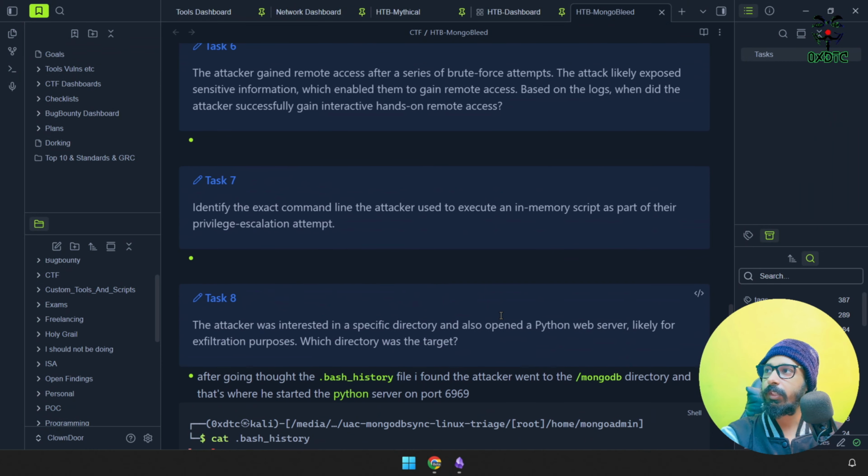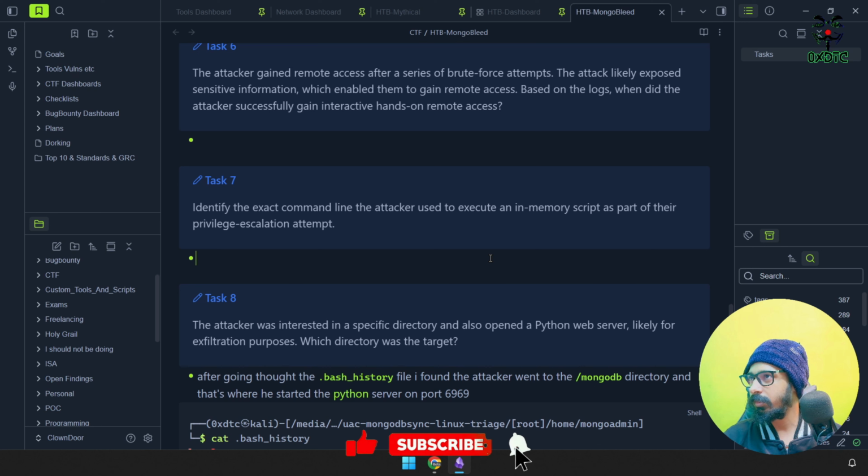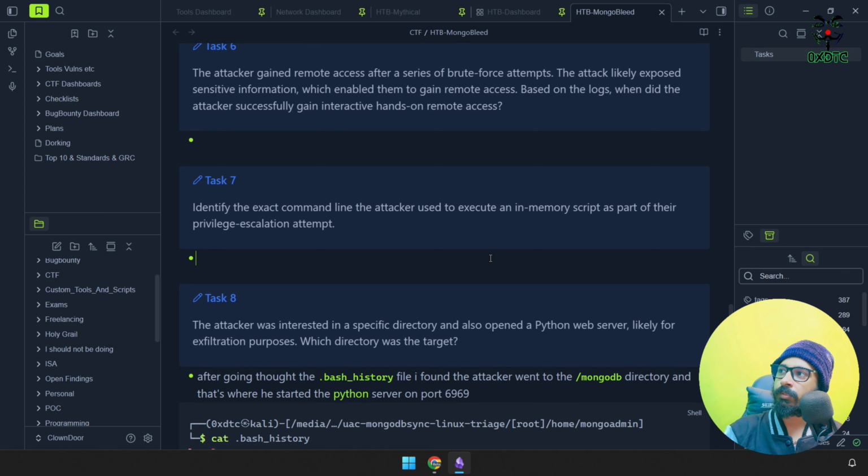Now we need to identify the exact command line the attacker used to execute an inline script as part of their previous escalation attempt. So here are a few things I can think of. First, I can check